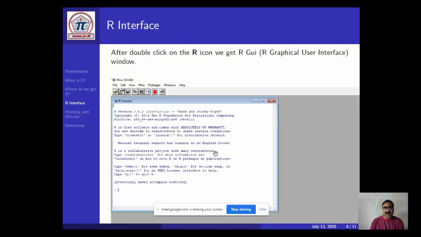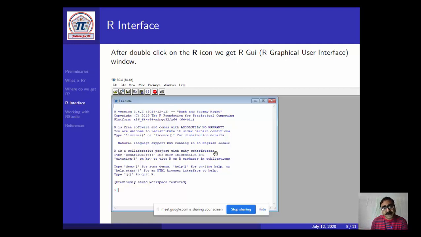After installing R, you can see this is the R console. In this R console you can see a greater than symbol here. Whatever program you have to write, you write here near the greater than symbol. At the top, there are different menu options: File, Edit, View, Misc, Packages, Windows, Help.